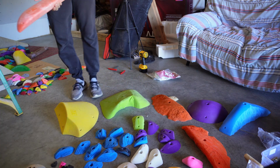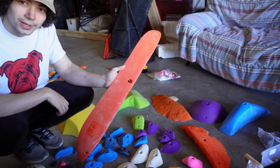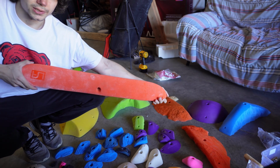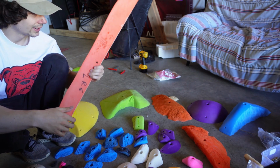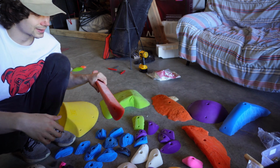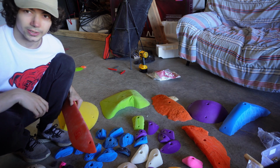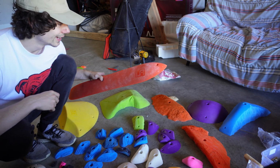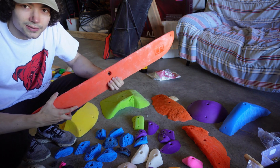And full disclosure, full honesty, this hold, when I opened it, I was kind of disappointed, because in my mind this is a pretty massive hold. I mean, I'm 6 foot, so this is a big hold. But this hold is heavy. I could go weigh it, but this thing feels like 10 pounds or something, maybe. So this is what feels like a large portion of the total weight of this, which is a little bit disappointing. If it's 10 pounds out of 40 pounds, this singular hold is like $100, which proportionally is a little bit rough, but you've got to keep in mind holds are expensive, and so